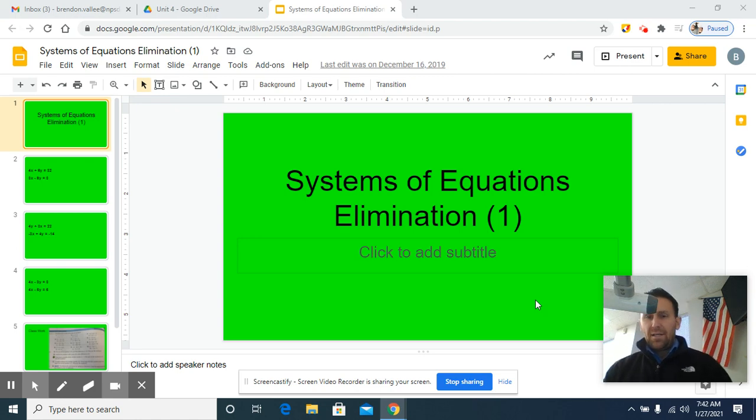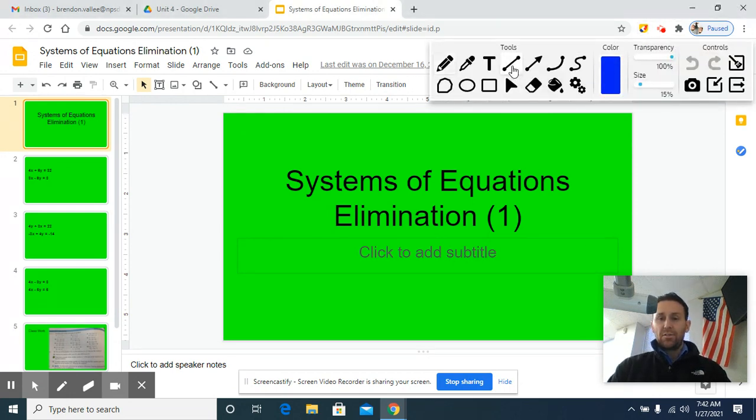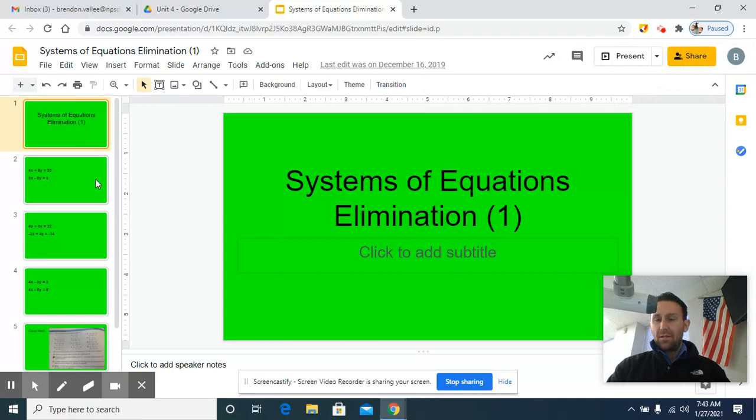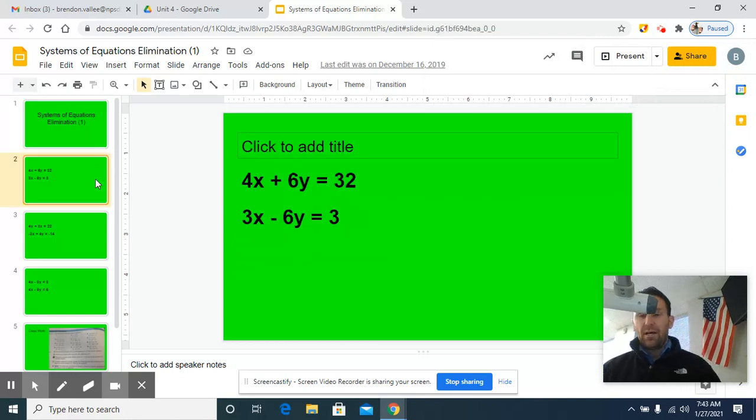Okay, elimination is the second form of systems of equations. Remember, last lesson we did systems of equations where we graph two lines and figure out where the two lines intersect. That's the answer. Okay. This is another method of doing systems of equations, but this method